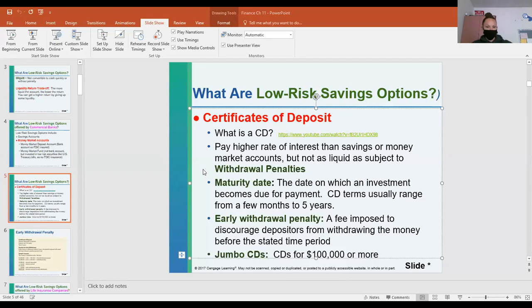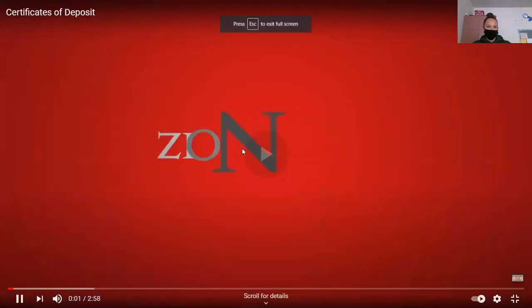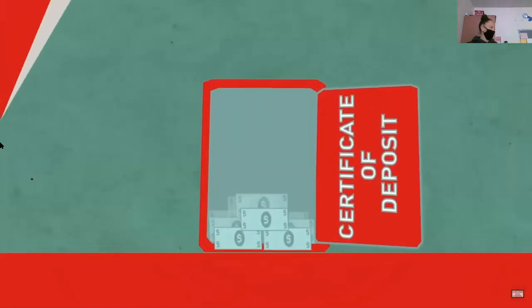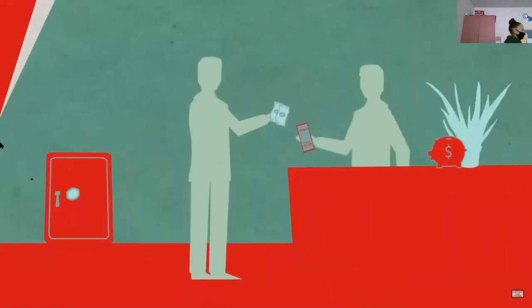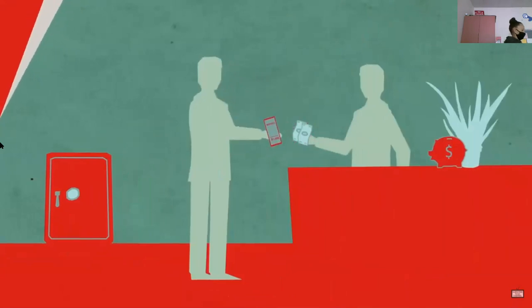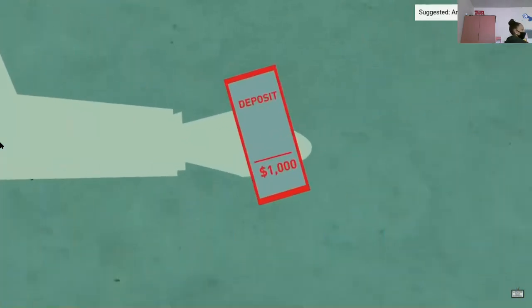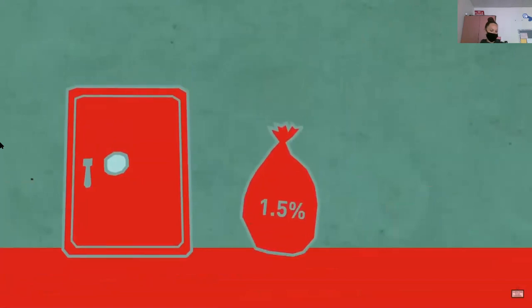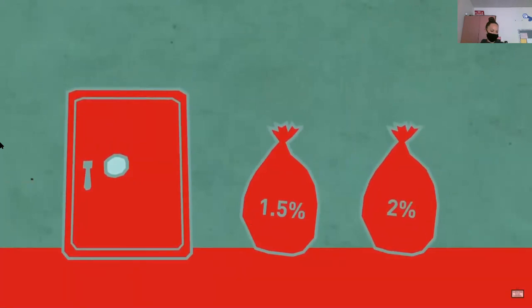If you're looking for a savings product that may provide a greater return than the average checking or savings account, you might consider certificates of deposit, or CDs. CDs are purchased directly from an issuing bank, and while they are available in varying denominations, they are often available for a deposit of $1,000. Certificates of deposit have a preset term, typically ranging from 1 month to several years, for which you essentially agree not to withdraw your money. In exchange, the issuing bank pays a fixed rate of interest for the duration of the term. Some institutions may even offer higher interest rates for larger deposits.